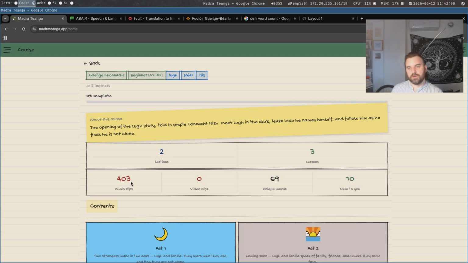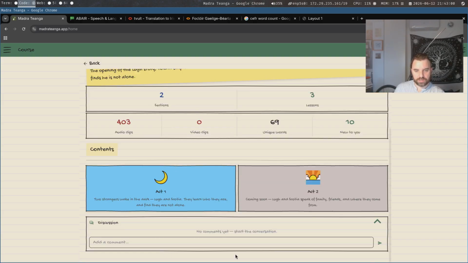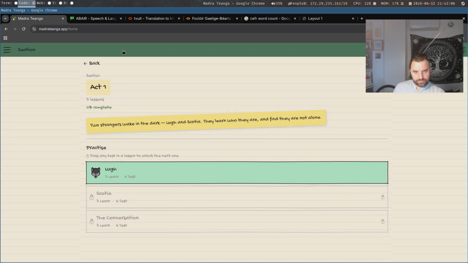Although only Act 1 is there, so it's a lot less, 100 maybe. 69 unique words, 10 new to you. And you can go here and have a little chat with the course, with people, and the creator gets notified and all of this. And then we go to Act 1, and again, all of this is totally doable on the app to make it.